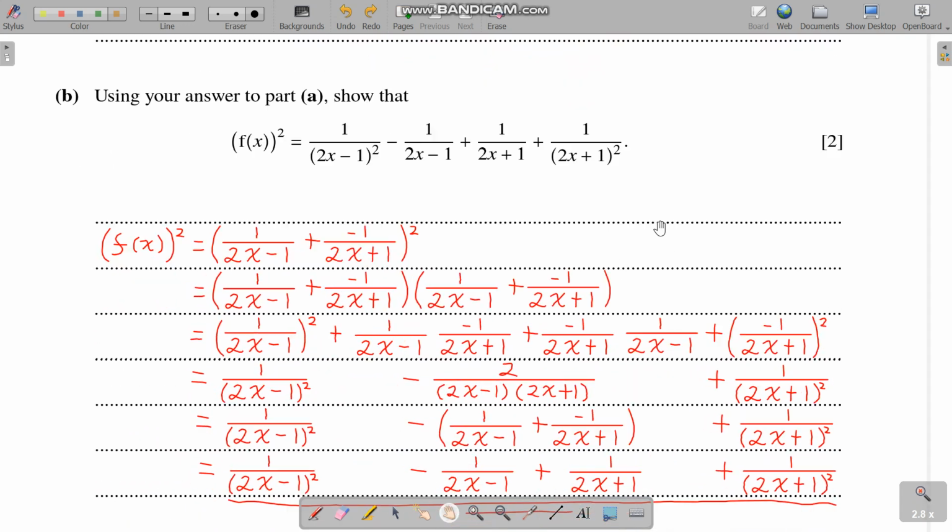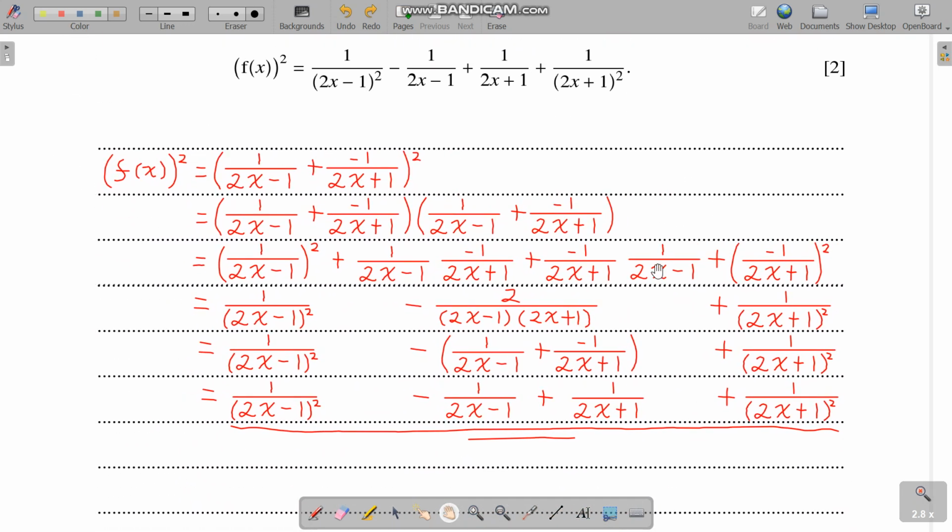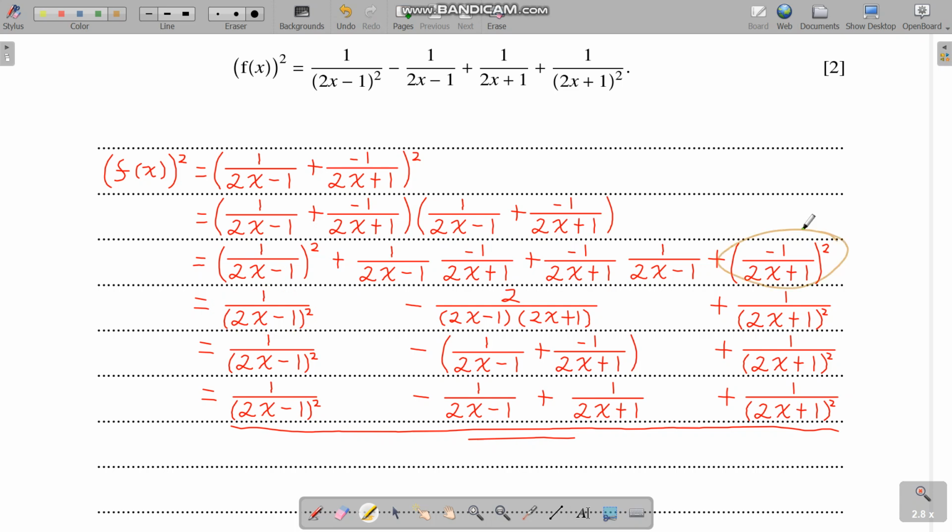For the second part, so we are squaring f of x, which was this before from the partial fractions. This is the f of x. So when we square this, we use the a plus b all squared formula. So if you don't remember that, just multiply this by itself, and step by step, this times this, we get this squared, and this times this, we get this, and this times this, we get this. Okay, so this is the same as 1 over 2x minus 1 all squared, and this is minus